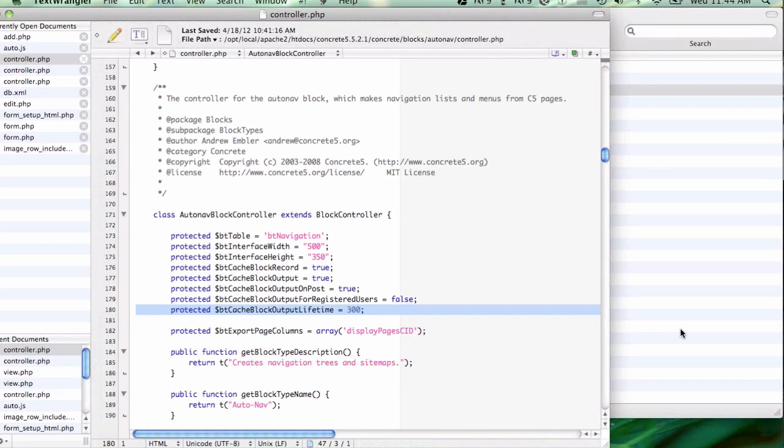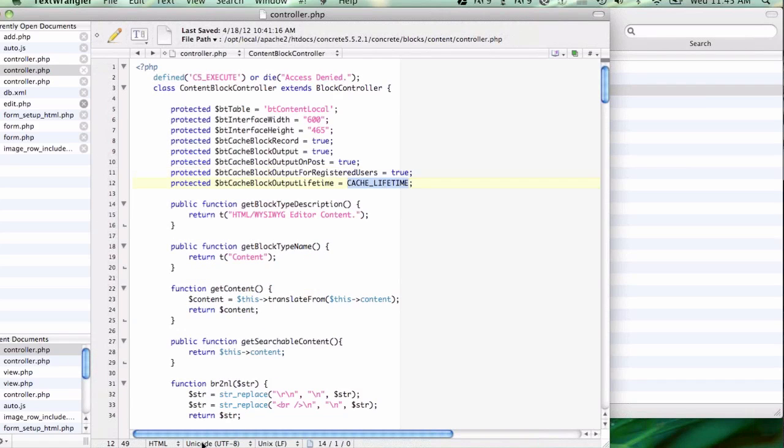Of the content block, if I change the location of a page to which I had linked, how does concrete5 know to recreate the cached output? Is that handled in the moving of that page somehow? Actually, that's a very good question. Currently, it's not. So what you would have to do, if the content block has a short enough lifetime,